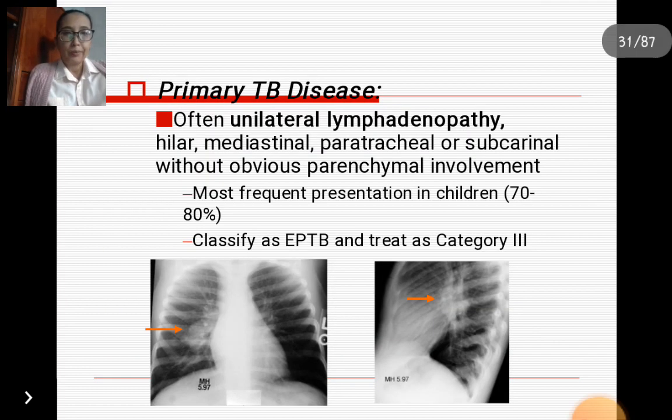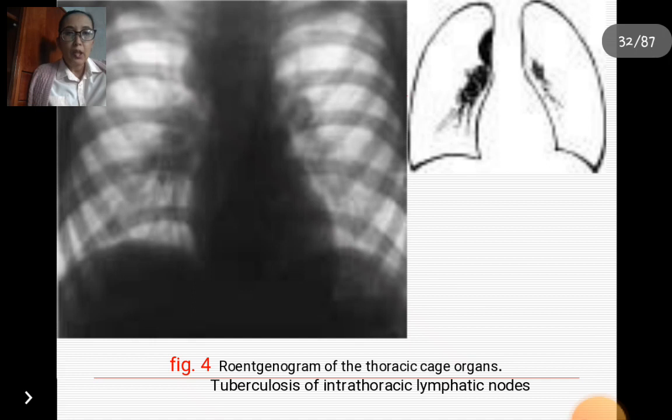In this slide you can see an X-ray of lymphadenopathy of primary tuberculosis complex, the third form, intrathoracic lymph nodes. You can see the enlarging of the root of lungs. In this slide you can see also tuberculosis of intrathoracic lymph nodes, how it looks in a roentgenological examination and